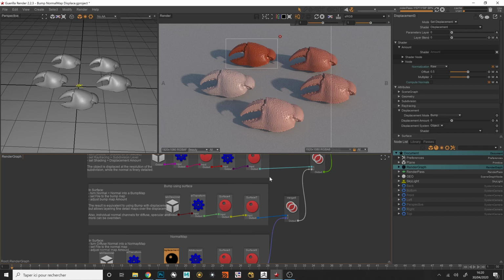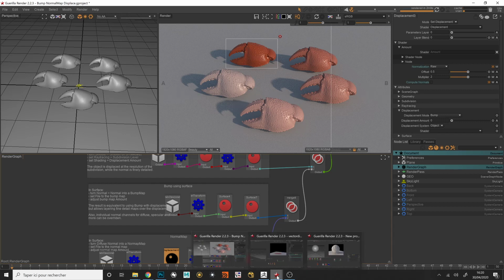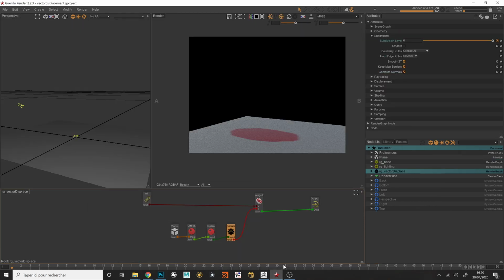If I forget something, tell me, or if you have any question, you can ask me. I have another kind of displacement shader I want to show you in Guerilla. And I prepared a little surprise. It's not a big surprise, but for Guerilla fans, I guess it's a small surprise. So there is another type of displacement which is called